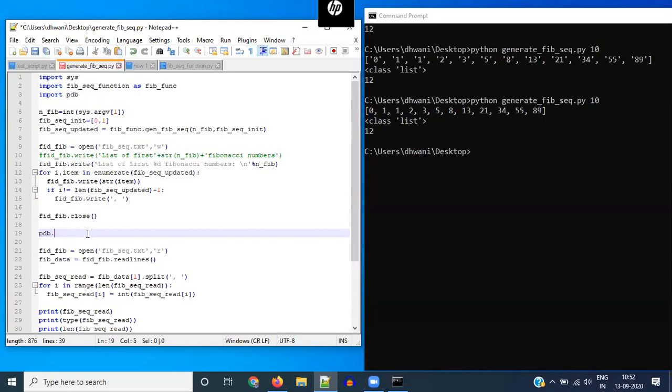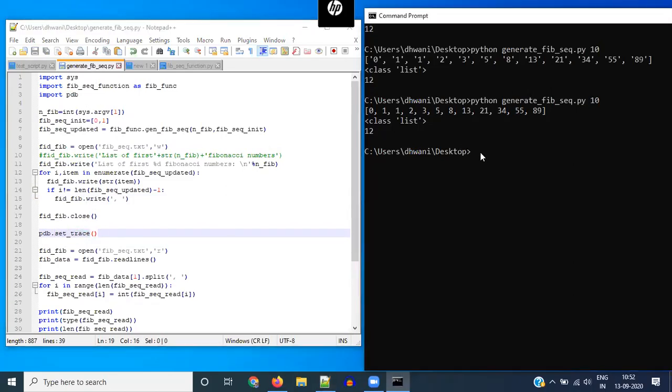So the syntax to put a breakpoint is pdb.set_trace. pdb is just the name of the module that we imported, and set_trace is a function in this module. So we're just calling set_trace from pdb. So it's pdb.set_trace, open and close round brackets. And that's it. When you run this file, the execution will halt at this point, and you will be able to go step by step within your terminal itself. Okay, so I hope you've written this down.